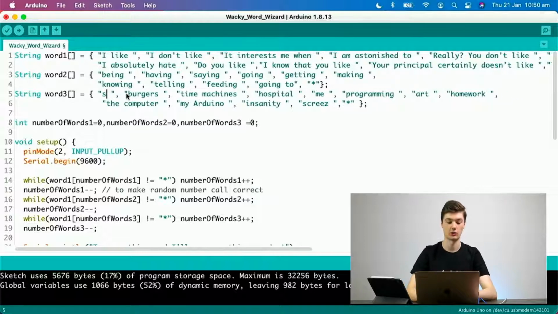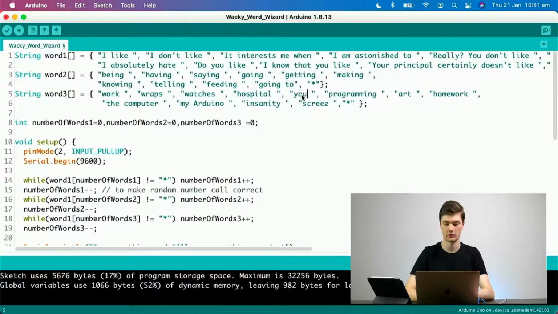So we can change school to work, burgers to wraps. Time machines don't exist, so we'll create watches or something. Me can be you. Art can be, we can change it to fine art. Homework can be projects. Insanity can be craziness. And the computer can be the MacBook. There we go. Now this will only change the last part of the sentence, but you'll soon see when I upload this,